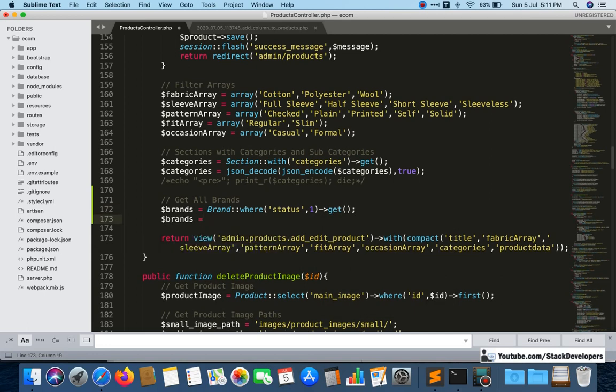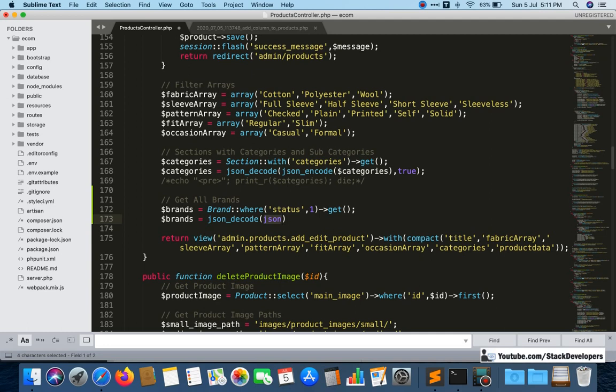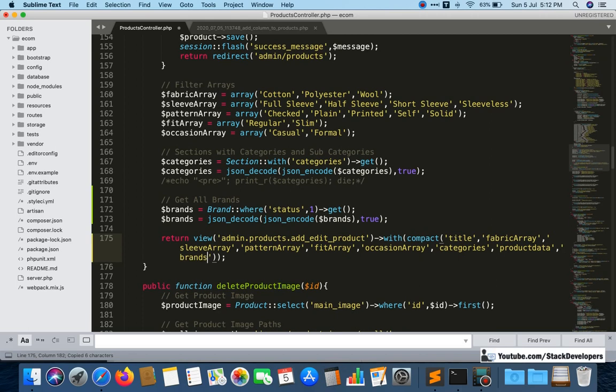Every time in future we will convert to array and do all the code in array, because arrays have a lot of functions available, which will be most beneficial for us. We have already discussed in the live session why we want to use arrays instead of JSON strings. Arrays are much better. So just one line you need to add to convert the JSON object to array like this, and after that we can use these brands. I will send these brands to our add edit product page.